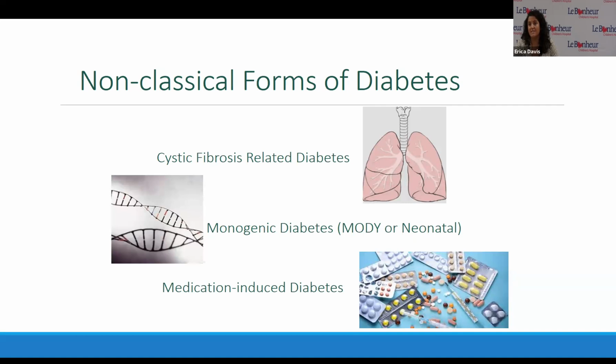And then we also see some medication-induced diabetes. Really, gestational diabetes and medication-induced diabetes are my only diabetes types that really go away. So with medication-induced diabetes, steroids and certain psychotropic medications, a lot of times those just lead to higher blood sugars, needing an increase in insulin. So we might have to treat for that.